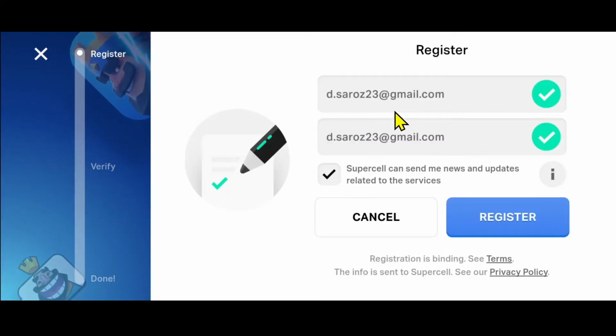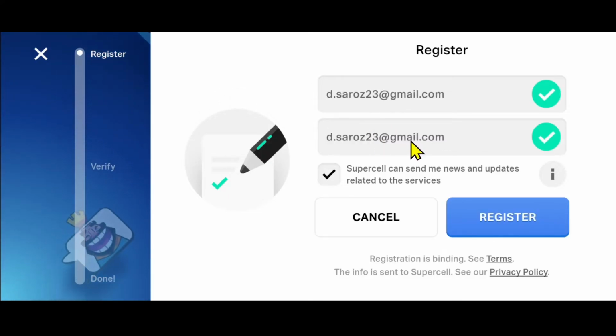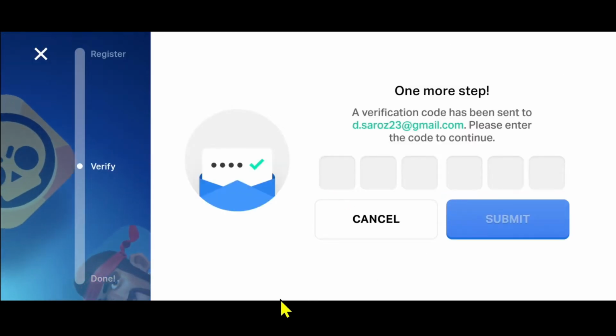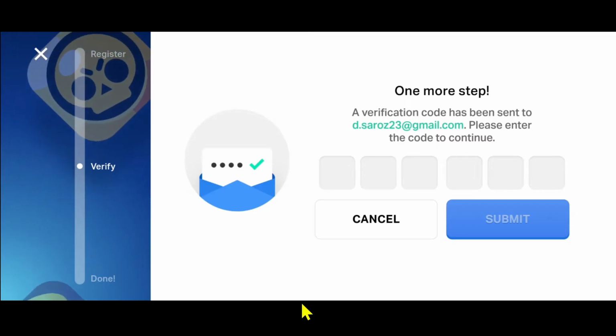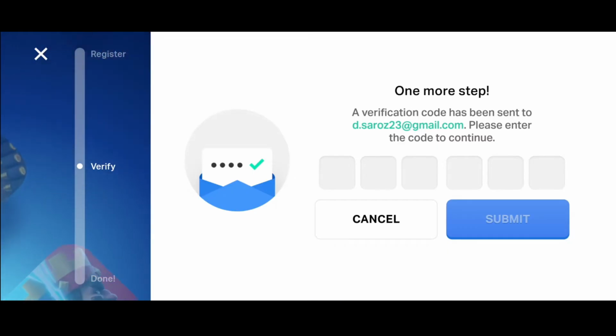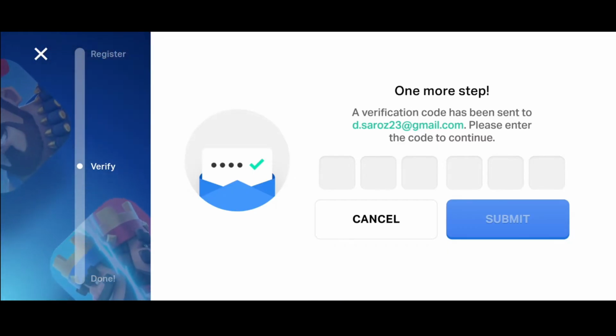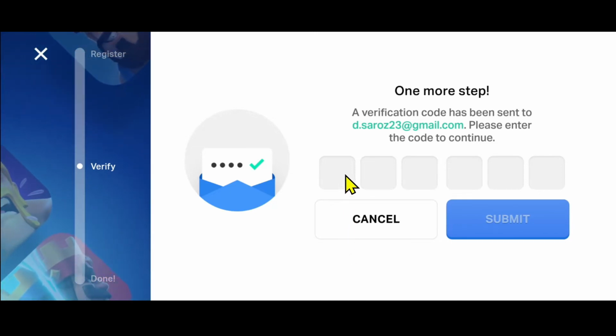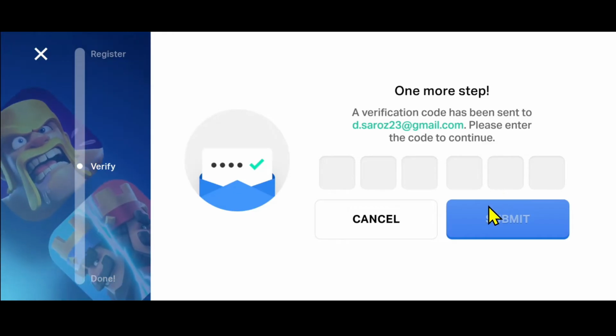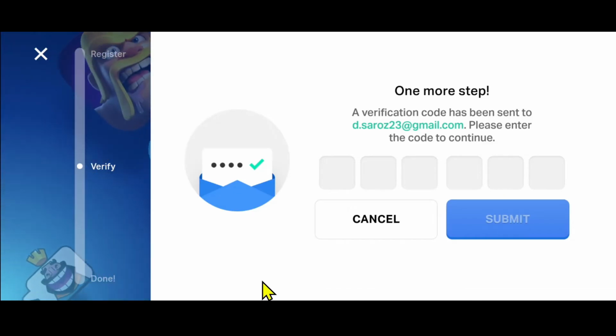Just type in your desired email address and type it in once again for confirmation. Then tap on Register, and you will be asked to enter the verification code that has been sent to your inbox within this email that you just entered. So just check your inbox and enter the verification code that you see within, received from Supercell. After entering this verification code within this given screen, you can tap on the Submit button, and then your Supercell